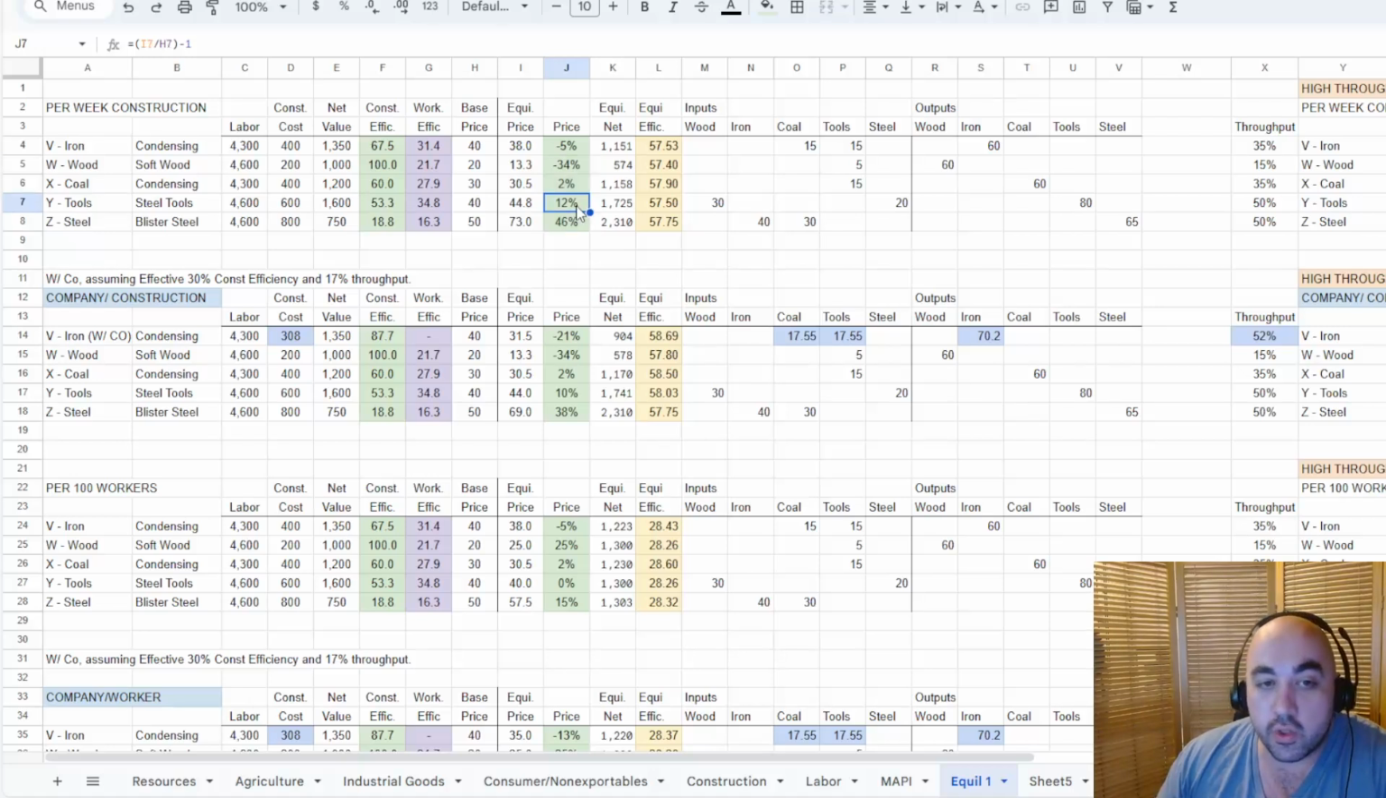if tools are at plus 10% or plus 12% in this case, that's going to make the PM for iron less efficient, right? Because it uses tools as an input good. So that's going to increase the input good price. Similarly, if coal is more expensive, this will also increase the input good price. So for example, if tools and coal are on plus